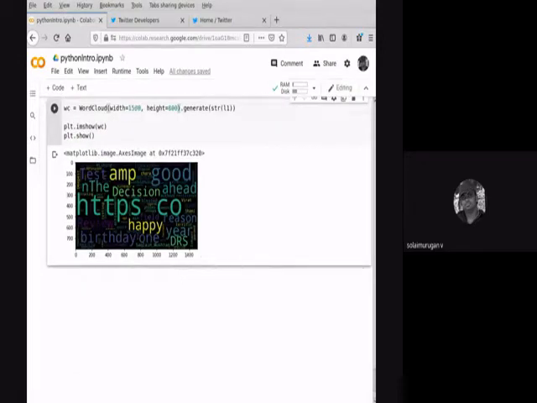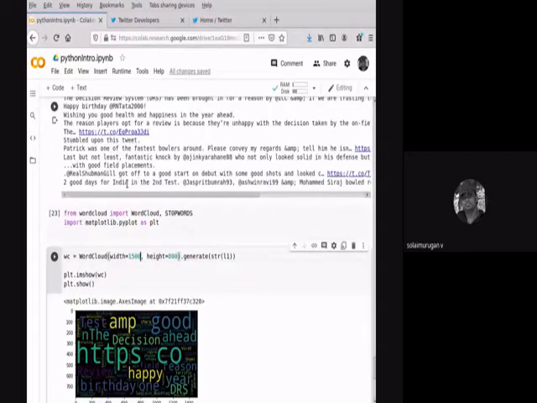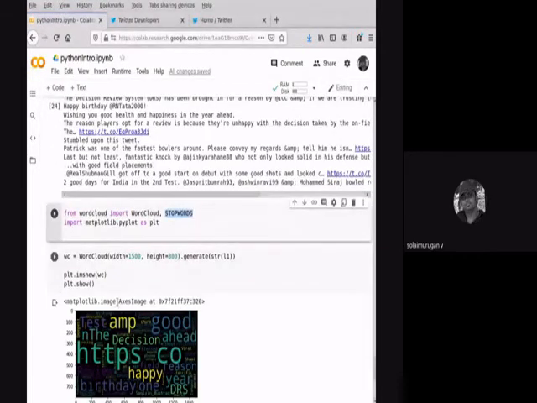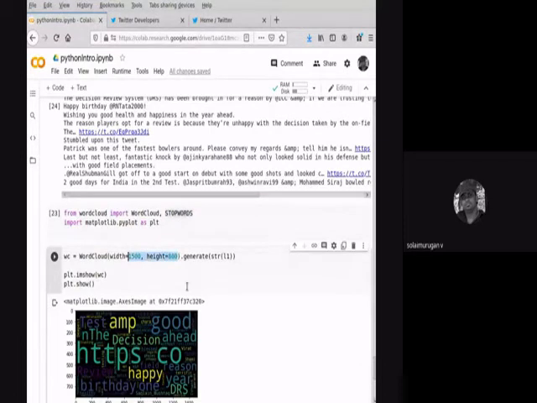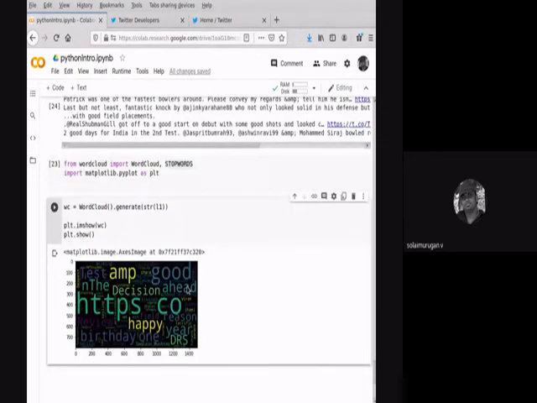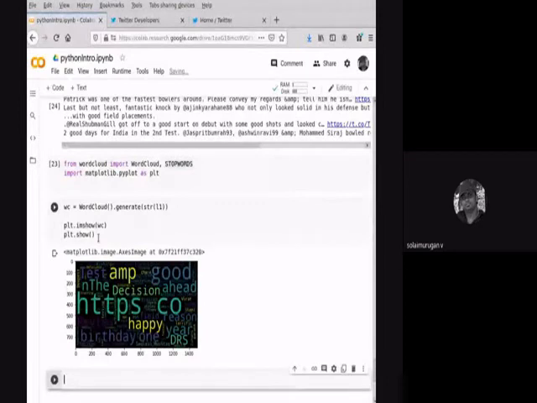If you want to remove the stop words, I have already loaded this stop words function. You can call the stop words here in this wordcloud after the height. Earlier I didn't use anything, I simply gave the text. Now I'm adding things one by one. Otherwise I will create a next page so that you can use it and understand better. I just copy pasted.